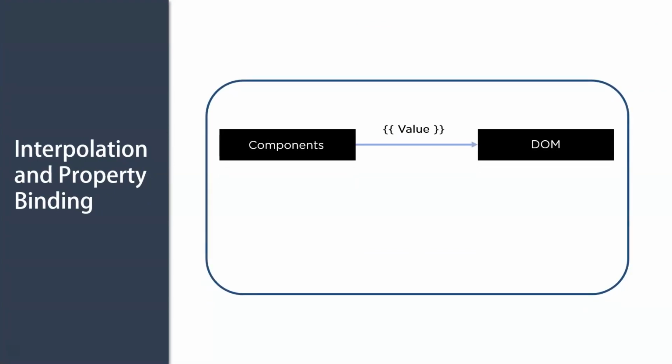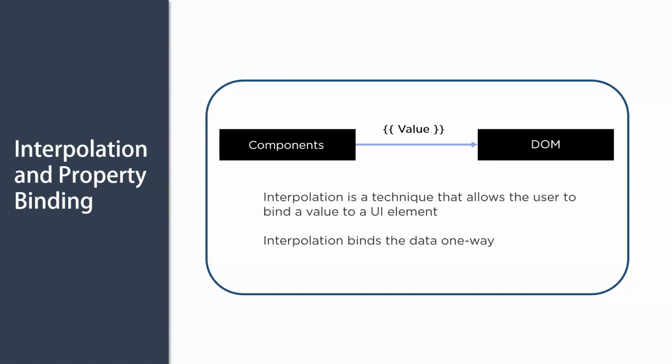Now when it comes to interpolation binding, it ensures that the values are reflected from the components to the DOM. In this technique, text representing variables and components are placed between double curly braces in the template. So Angular finds the variable matching the text in the component and replaces the text with the actual value assigned to that particular variable. So this could be numbers, strings, etc. To understand this better, let's look at a simple demo.